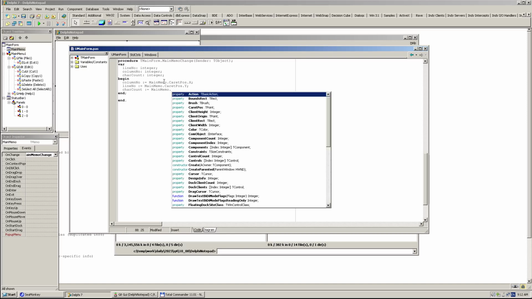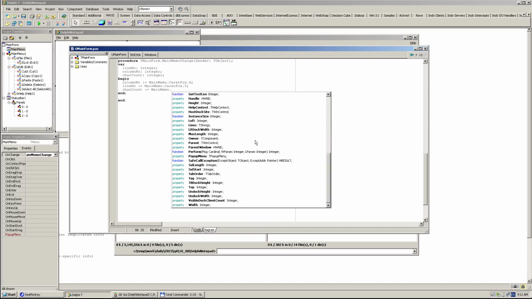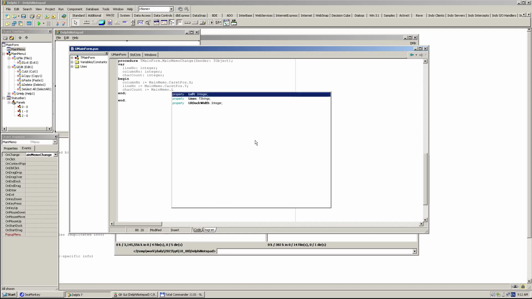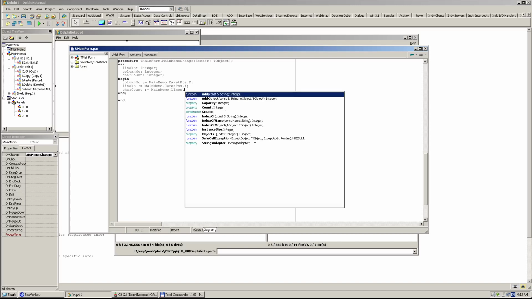That's the thing. Lines, t-strings. Okay. So t-strings is an array of string, has methods to add